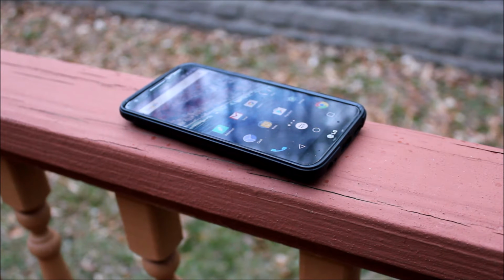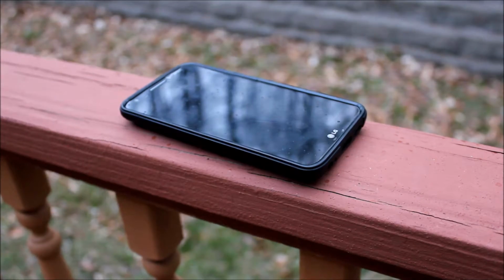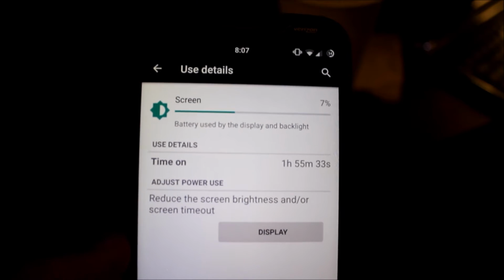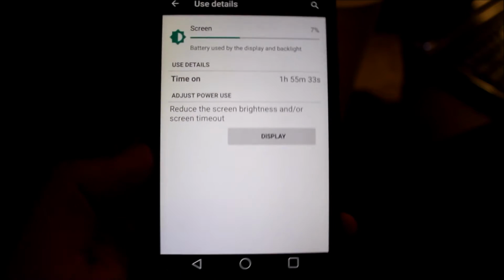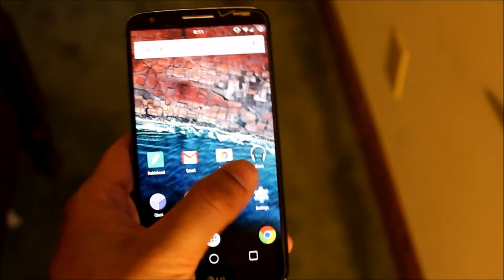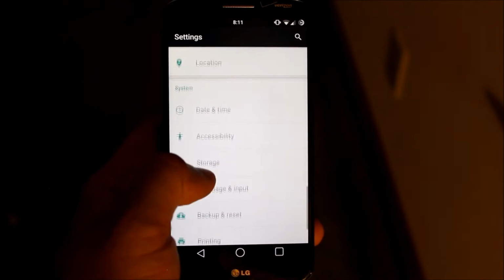I love this phone so much, but having that dead zone there, it really brings it down a little bit. But don't let that be the reason you do not get this phone, guys. Please do not, because this phone is freaking awesome. Without the dead zone, look at the battery life. It has the same battery, 3000 milliamp hour. That's the same one in the Galaxy S7. I'm getting an hour and 55 minutes, almost 2 hours of screen on time with moderate use, and I'm on 54%. So this phone still has a bunch of life in it,